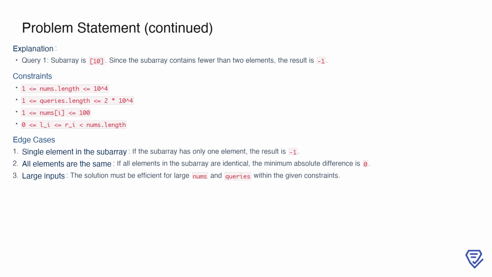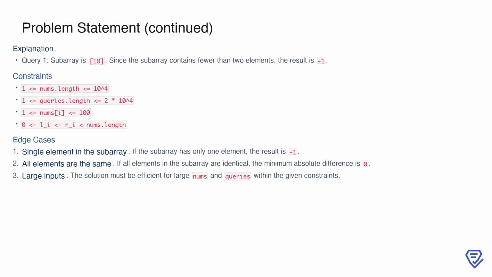Additionally, the constraints require the solution to be efficient even for large inputs, where nums has up to 10,000 elements and queries contains up to 20,000 ranges. Edge cases to consider include subarrays with a single element, where the result is always -1, subarrays where all elements are identical, resulting in a minimum difference of 0, and scenarios with large input sizes, where optimization is key to